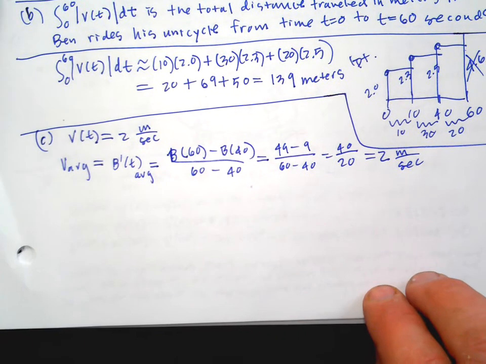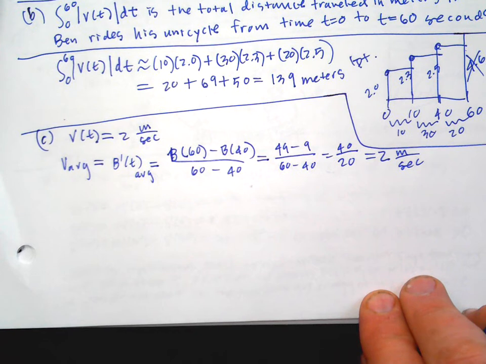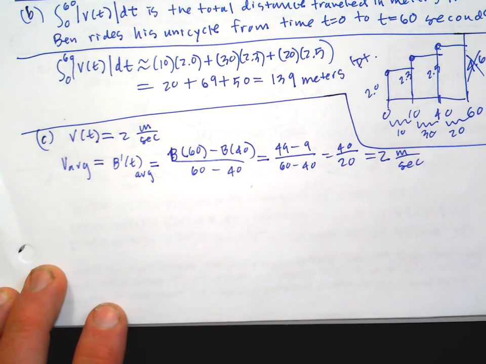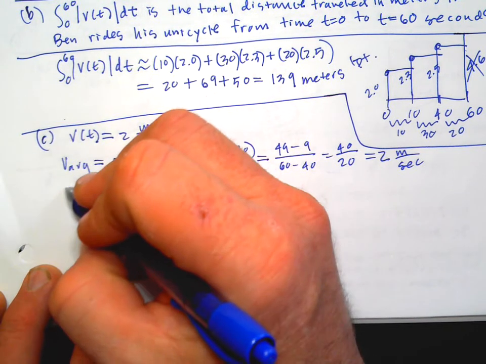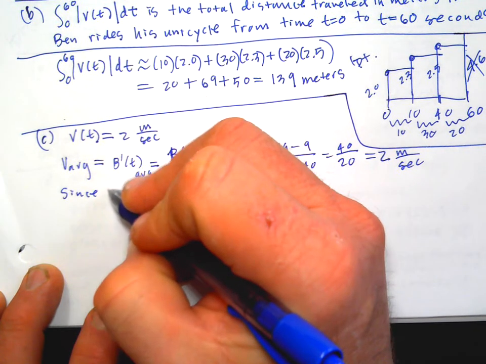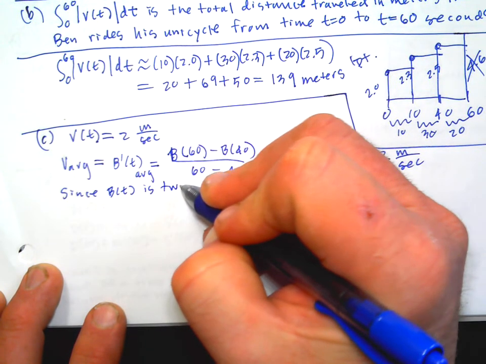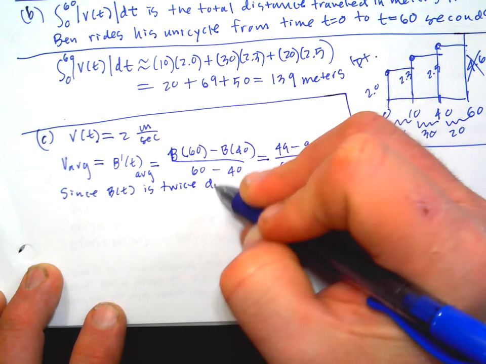Now, there are requirements in the mean value theorem to be applicable. The function needs to be continuous and differentiable. Now, the table on its own does not tell you that, but they told us earlier that B was twice differentiable. So we probably have to set up, we can say, since B is twice differentiable,